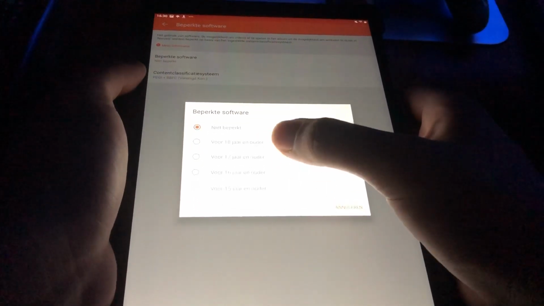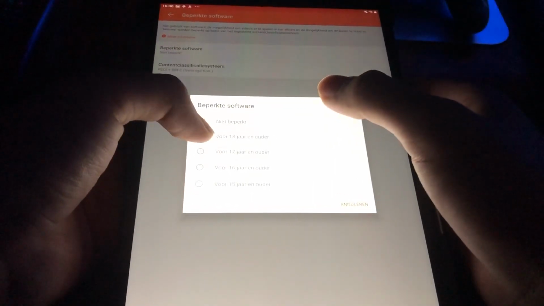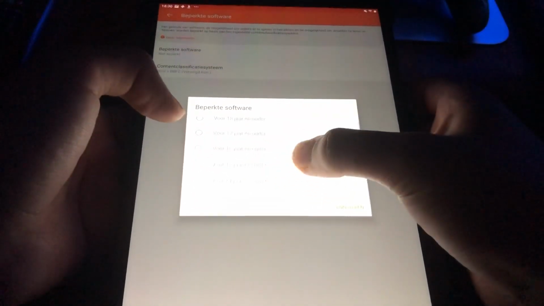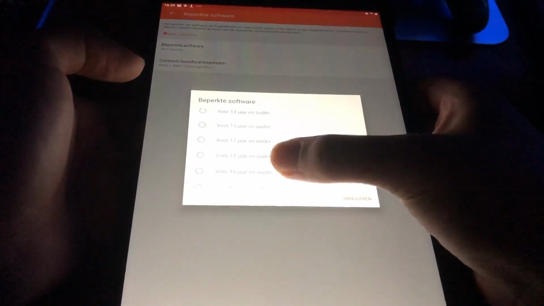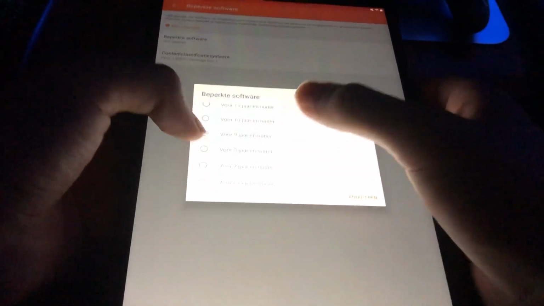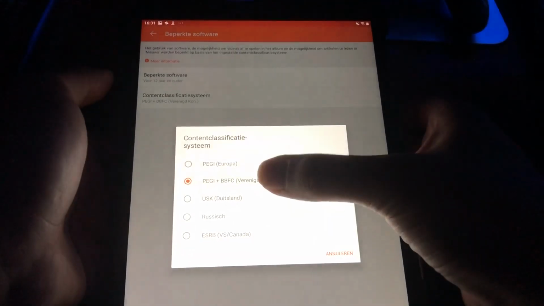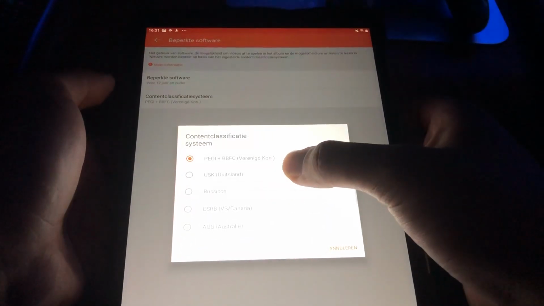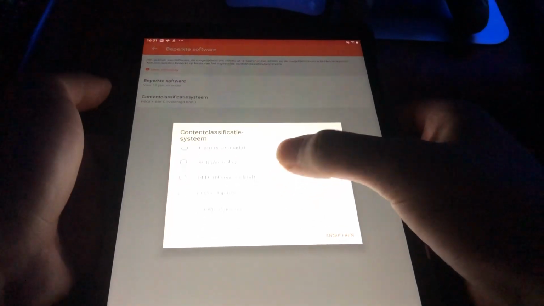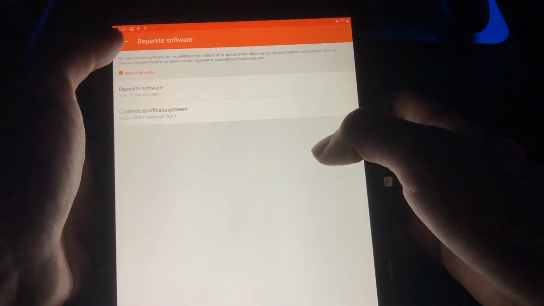For example, those 18 years old plus games, or maybe 17 years old plus games, things like that. You can set the age up for the games he's playing, or she. Let's just say 12 years old, and then you can set this up too on what type of content for the games, things like that. Let's just cancel that and go back.